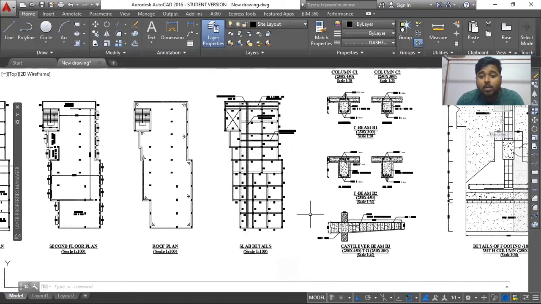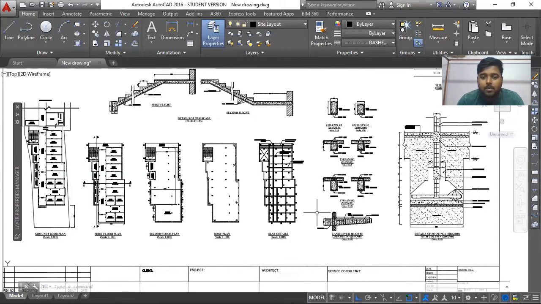Or if you want, you can also do that: print your three drawings, like the ground floor plan, first floor plan, and second floor plan, on an A3 sheet, putting all three drawings side by side, and you can print that as well. The only thing you need to keep in mind is how to represent your drawing clearly to a person who is going to read it. The font size shouldn't be too small to read, and at the same time it shouldn't be so large that someone has to look like this.